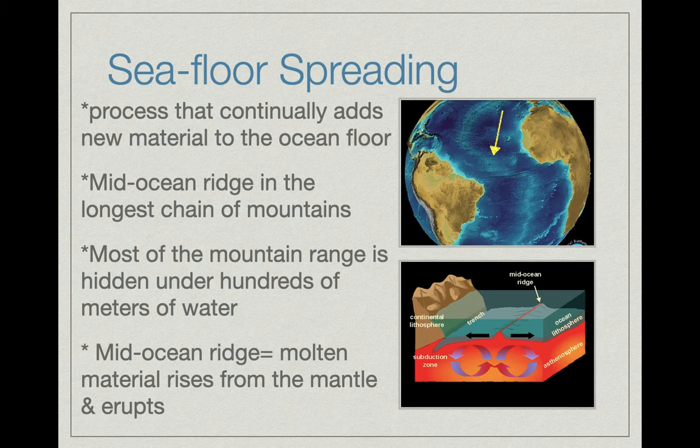In the top picture, the yellow arrow is pointing to the Mid-Atlantic Ridge line, so those mountain lines, the mountain range that we can see from space. Like the International Space Station can actually take pictures of it. It is the longest chain of mountains, the longest grouping of mountains. And most of it is underwater, hundreds of meters underwater. So eventually, in a couple thousand years, this mountain range will come up over the water line and we'll be able to see it. So the mid-ocean ridge, the bottom star, is where molten or melted material rises from the